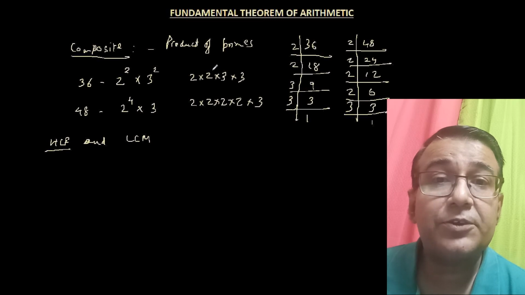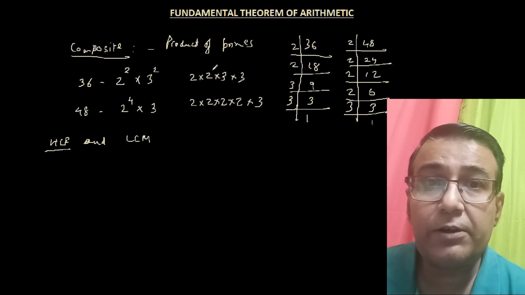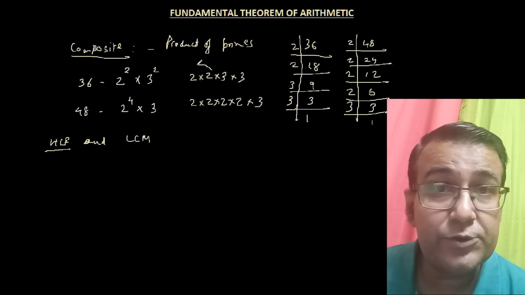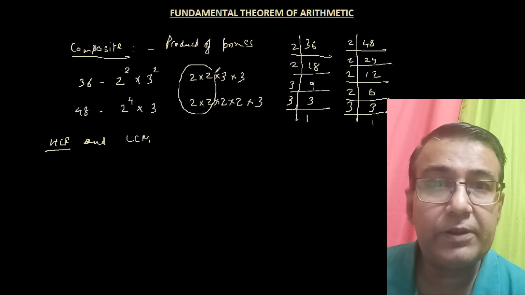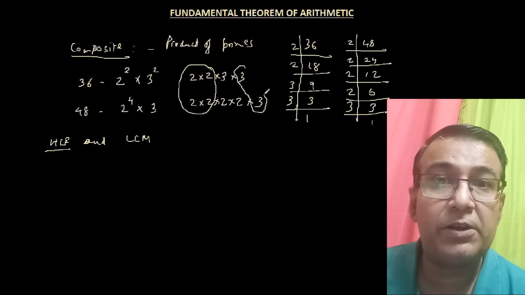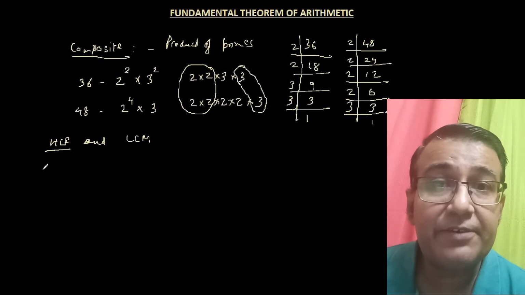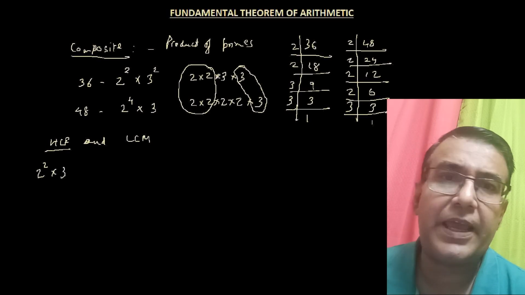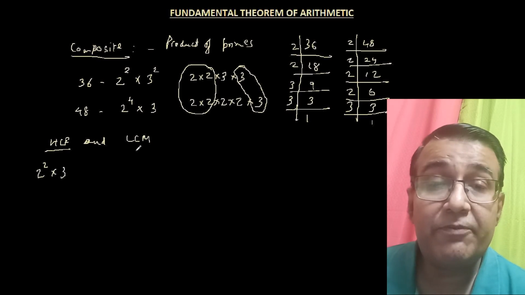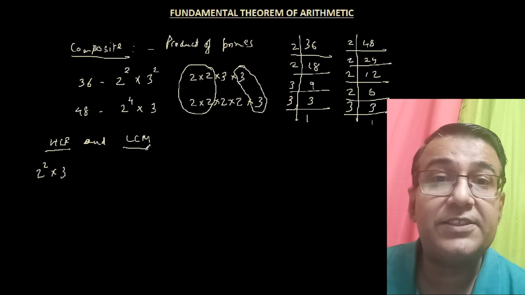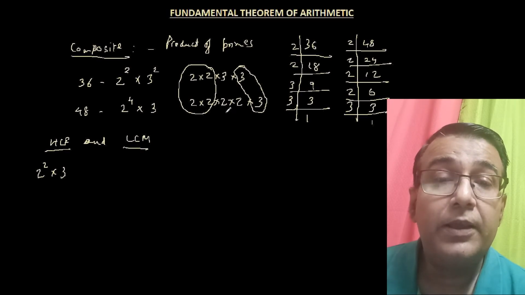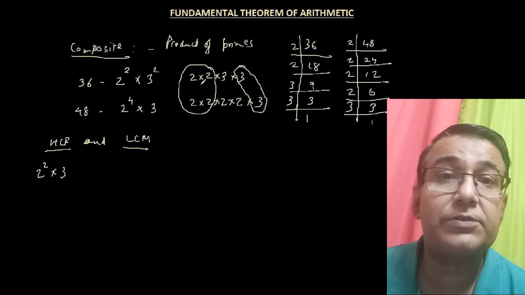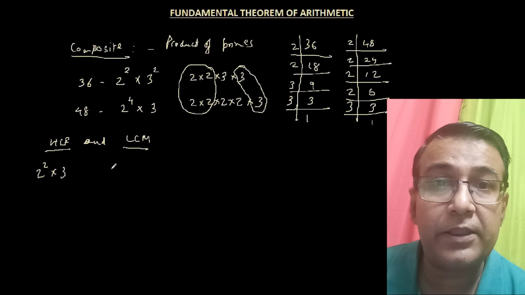Now HCF stands for the highest common factor, and if we are going to look at the common factors in both these numbers, then we see that these two 2's are common, and we have also got this 1 3 which is common in both of them. So obviously the HCF can then be written as 2 to the power 2, because there are 2 2's times 3. And same way when we are looking at LCM, LCM means the lowest common multiple. So in that case we are looking at all the numbers. So all numbers, even if they are not common, we are taking it in the LCM.